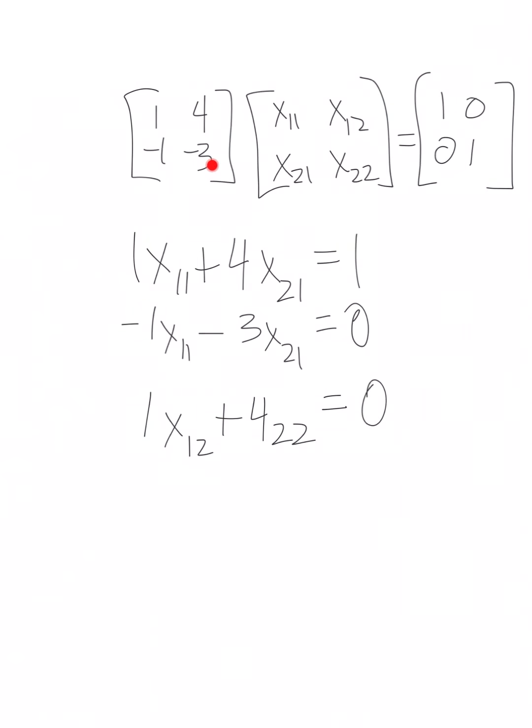Then, if I do row 2 times column 2, that will give us entry 2,2. So we have negative 1 x12 minus 3 x22 equals 1. You can always rewind back to this, but this is one system, this is another system. On the next page, it's just going to be written over here. This is the setup. Now, we could, of course, solve these two systems,